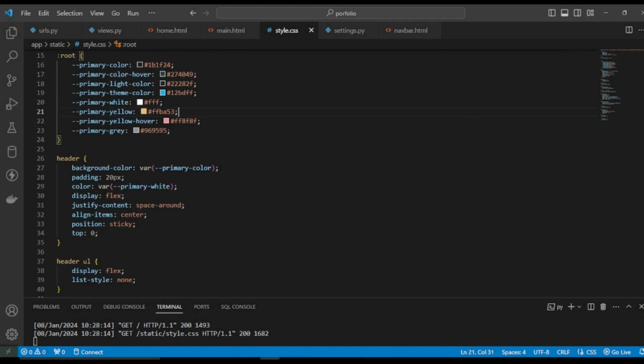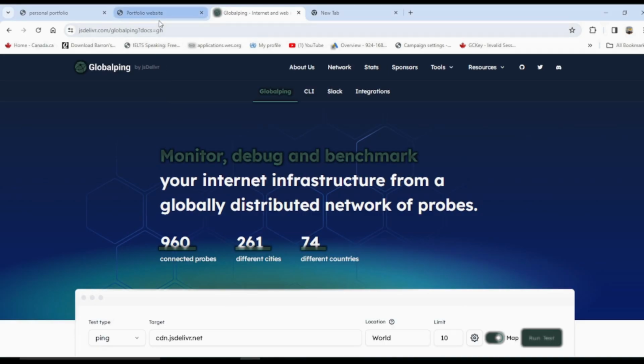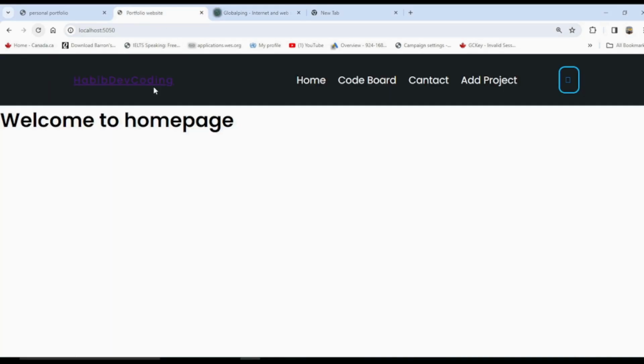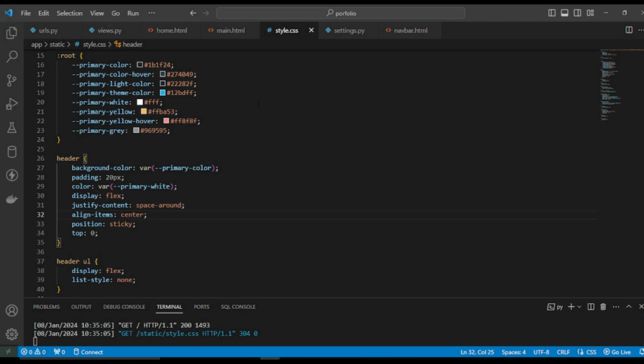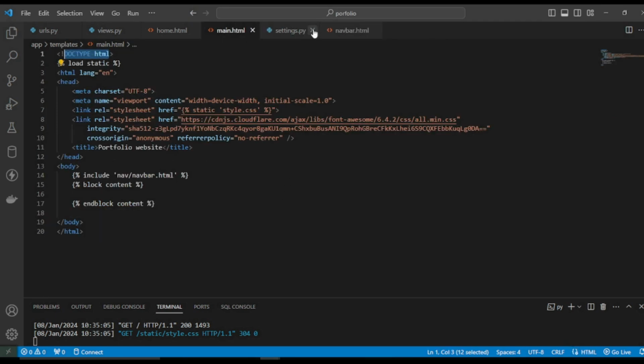So we have refreshed that page. We can see this change inside the browser. I've designed this application bar. I've got this logo side, and we've got this home section, code routes, contact section, add project, and util pattern. We'll design this one. So let's go ahead inside this home.html. Close this one, setting bar, got the navigation bar. So inside this main.html,